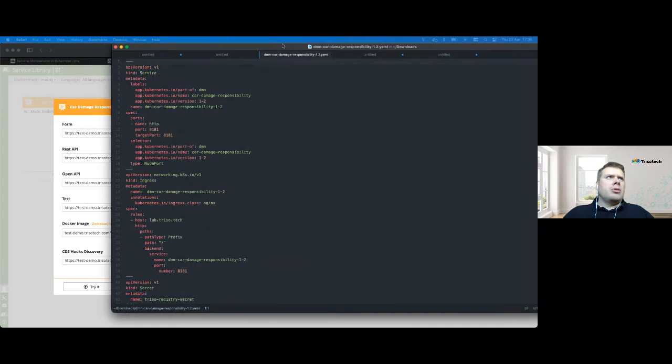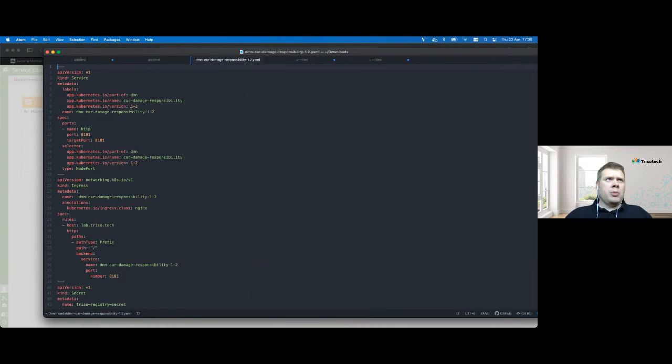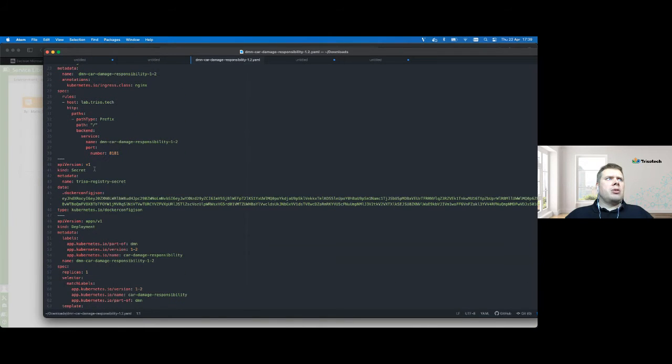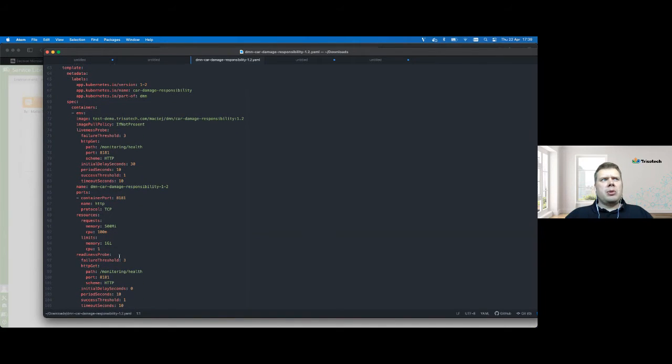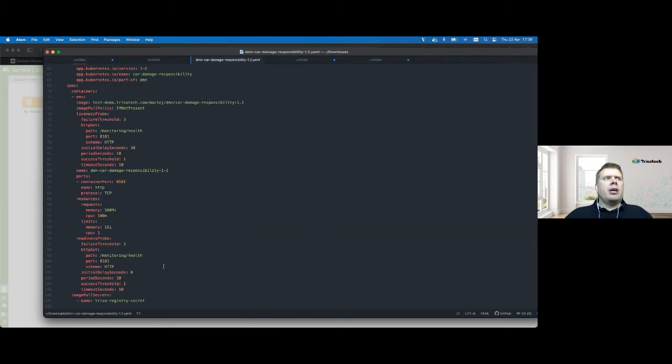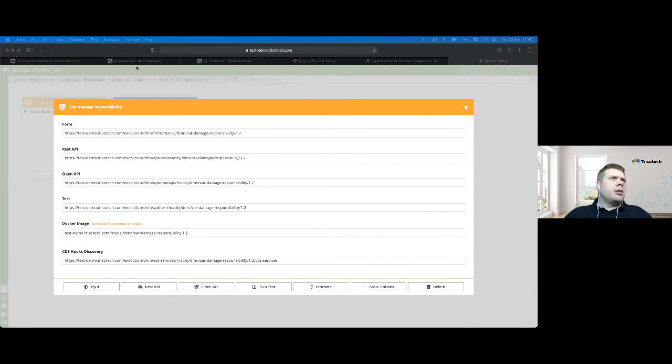If we just look here, this is our deployment template or deployment file already prepared with all the details, as you can see, using version 1.2. We have the service, the ingress configuration, secret, and deployment. Deployment is fully configured with the liveness and readiness probes. We have the resource limits and requests set up. So this is a fully featured deployment descriptor for our Kubernetes environment. So let's grab the content of it and switch back and jump directly to our